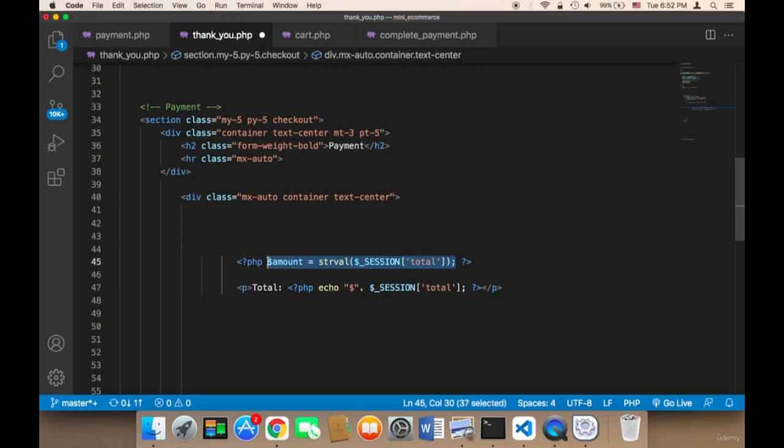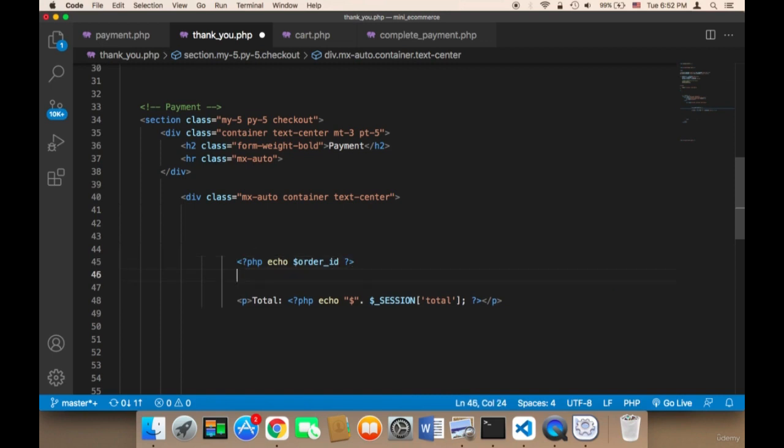I'm going to say echo order ID, and first I'm going to say order ID here, order underscore order ID, and then append order ID, and then PHP,